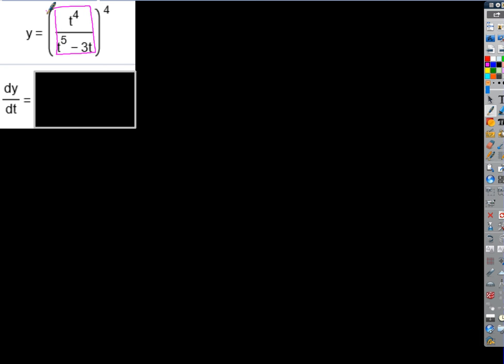So we could rewrite that as t cubed over t to the fourth minus 3 to the fourth. That does make the quotient a little easier than that, doesn't it? Right? So how many layers are there to this one? Essentially, 2. Outer layer is power, inner layer is quotient. Okay? So if we want to calculate y prime,